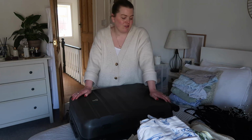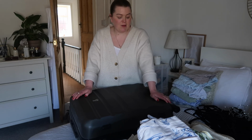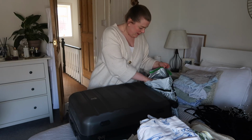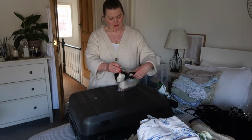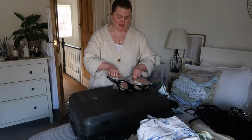So let's talk shoes. As I hinted, I think I have purchased myself a pair of shoes that I already have, but I can return them. I'm not going to, but I could. So let me go and grab the bag. Okay, good old ASOS. So, the first pair of shoes that I purchased, which would be a good dupe to the other ones, I think those ones are available online, but